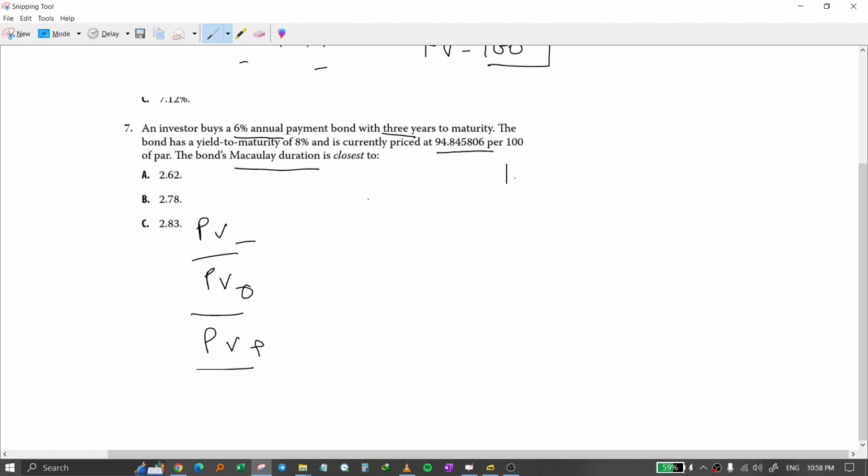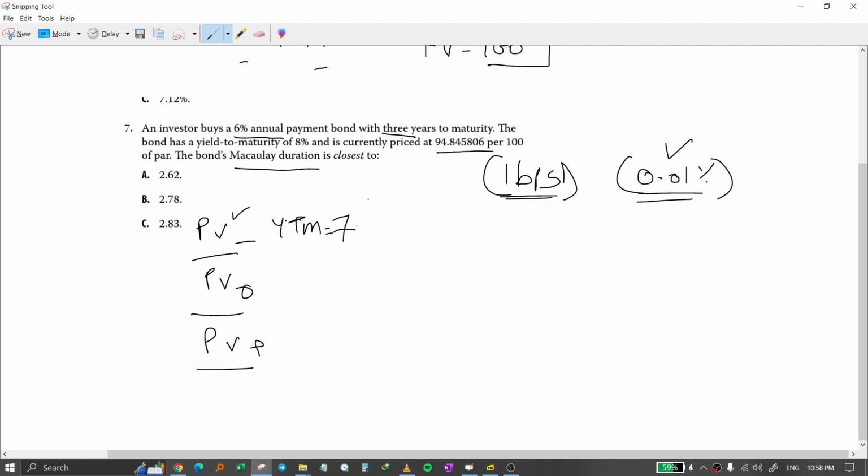Okay, slightest change of 1 basis point is nothing but 0.01% change. So here I'm going to decrease the interest rates by 1 basis point. So this is going to be my YTM here, which is 7.99%. Here my YTM is, as per the question, 8%. Here my YTM is